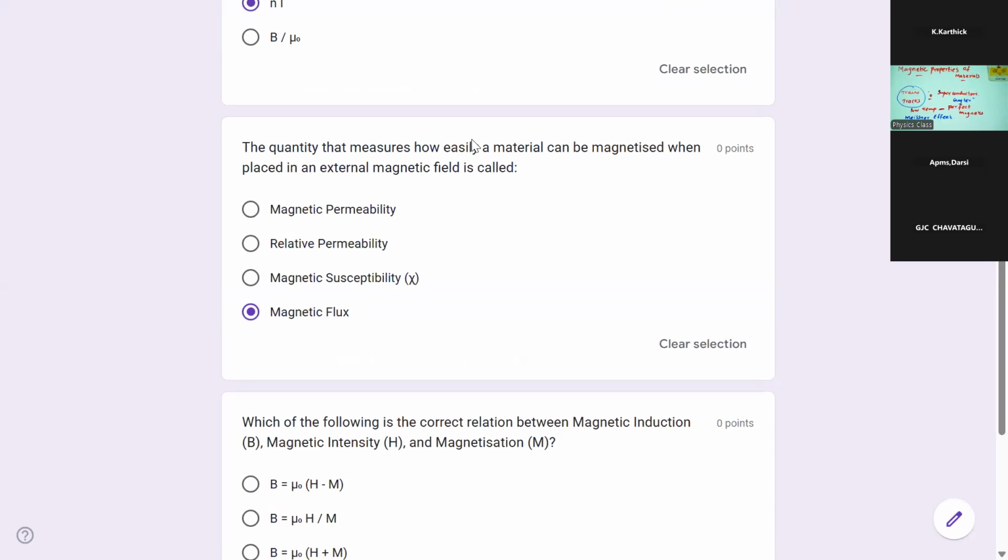Option D. Okay. Any other responses? The quantity measures how easily a material. Note that word. Okay, good. Option C is the correct answer. Magnetic susceptibility is correct. Yes, very good. Magnetic susceptibility is the quantity that measures how easily a material responds to the external